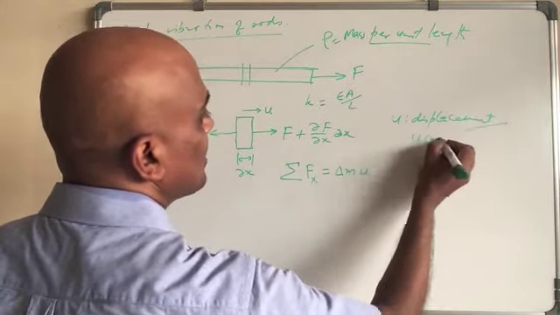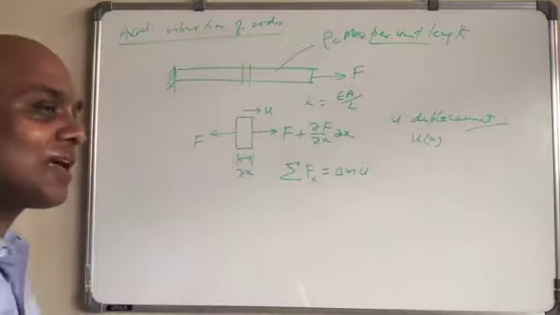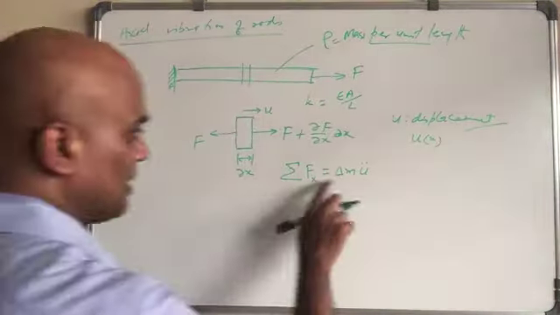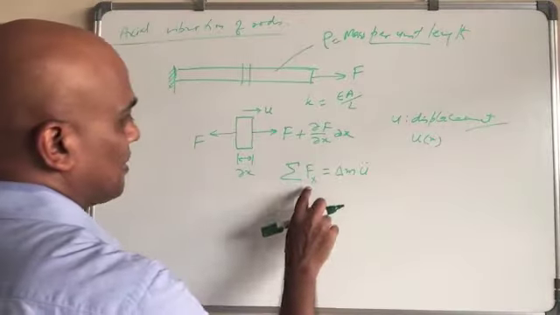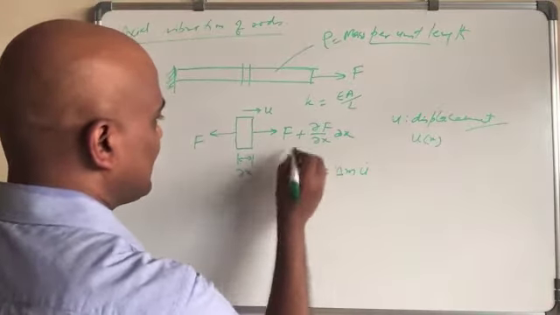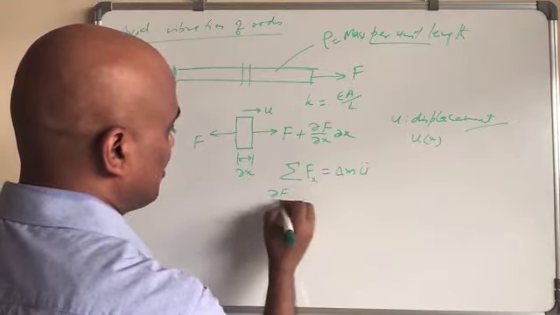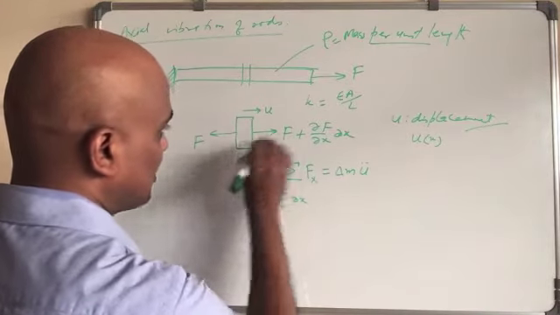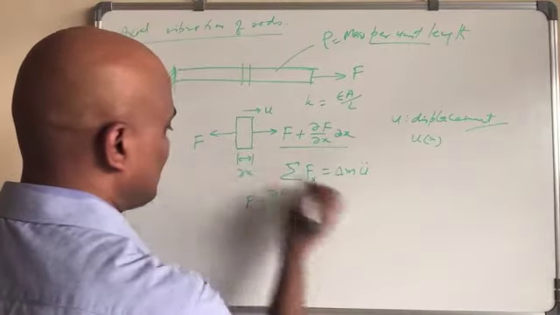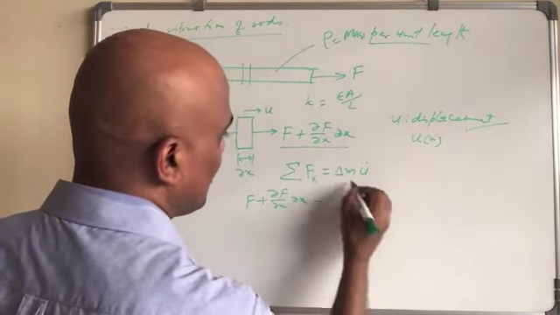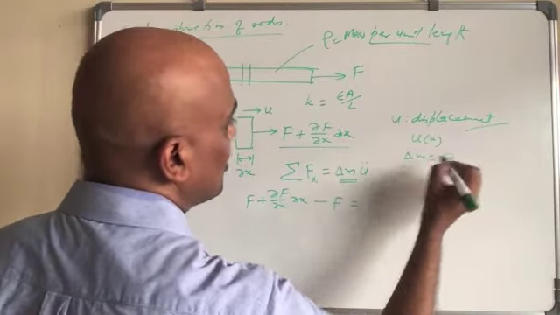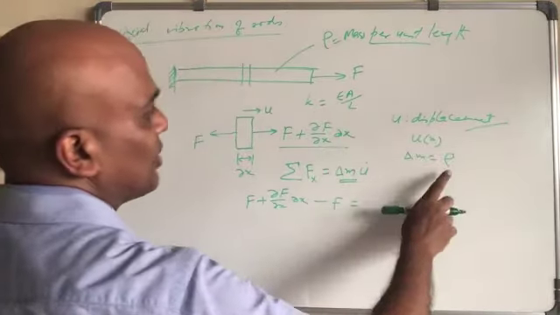Displacement u(x) will be different at different locations along the rod. So this is equal to this. The total force in that direction is nothing but ∂F/∂x. So you have F in the positive direction minus F in the negative direction, and this is equal to ΔM. ΔM is nothing but rho times